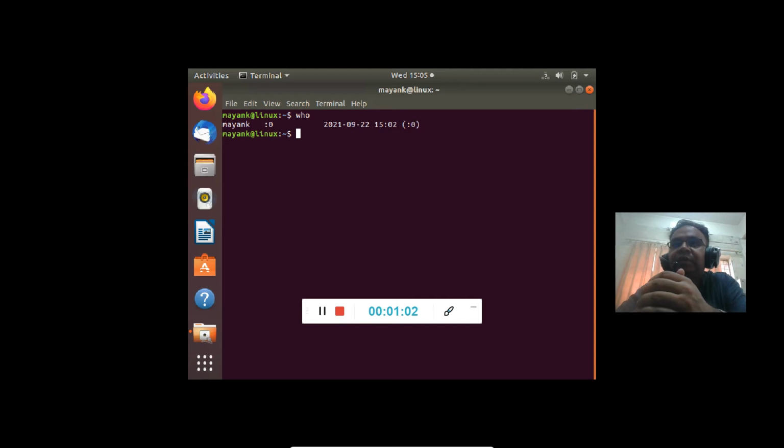The who command displays the users in the system on separate lines. It is a standalone system, a virtual machine, so there is only one user, so it comes in one line.